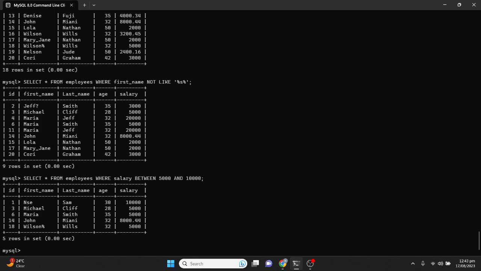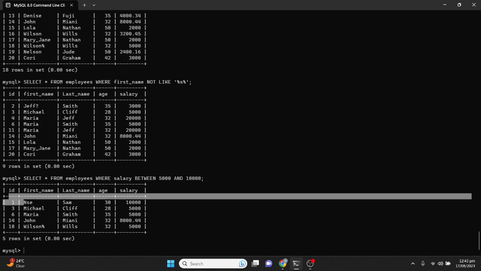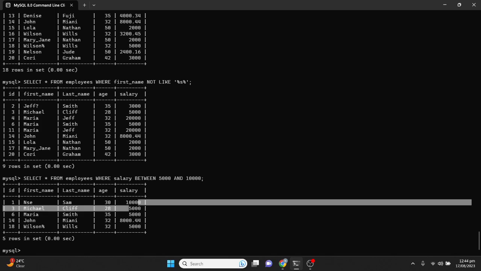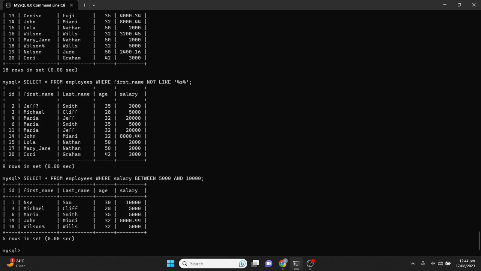It is based on this condition that these rows are returned. 5,000 is the start of this range and it is inclusive. That's why we have 5,000 here. 10,000 is the end of the range and it is inclusive. While defining it, we said both endpoints are inclusive. So here, 5,000 is the endpoint on the left, 10,000 is the endpoint on the right, and both are included in the selection. So between is simply going to consider the range that you provide and then select rows